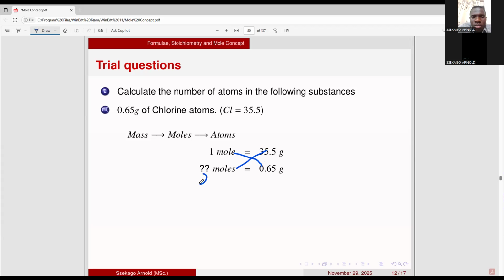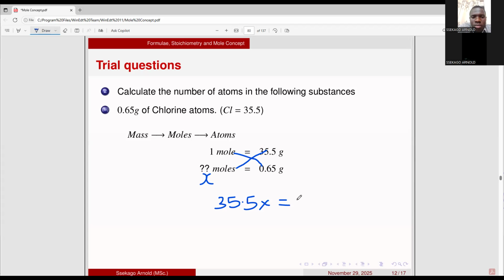This unknown can be X. Therefore, we shall have 35.5x